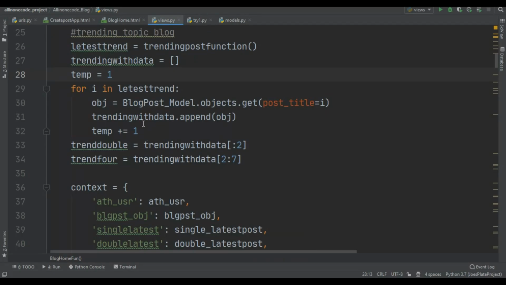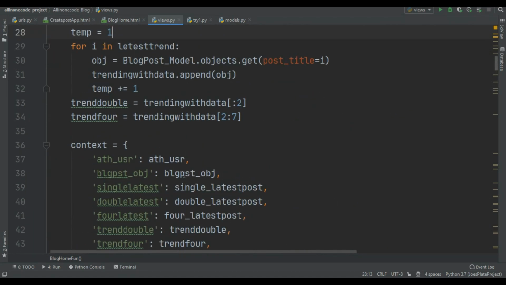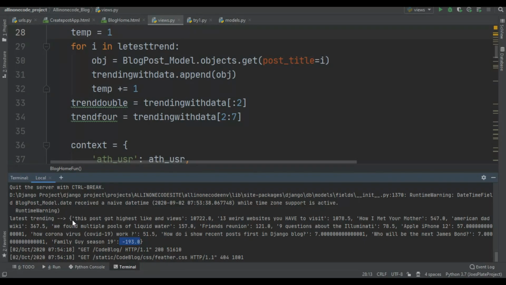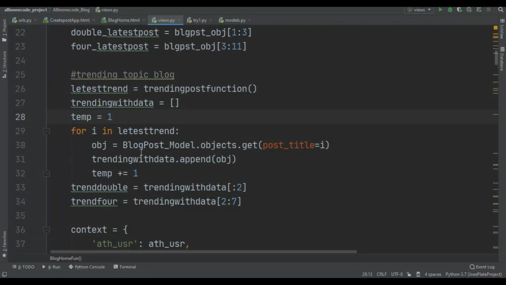So what I'm doing here is creating a list with the objects. The object is nothing but the data for that particular title. Let's say the first title is this post got highest likes and views. So first it is going to do object equal to BlogModel.objects.get with this post title equal to i.